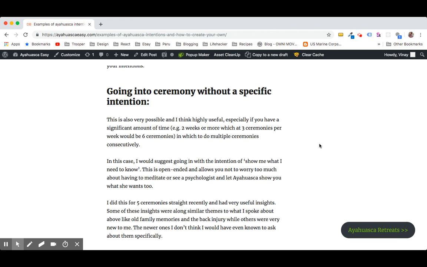So one of the things that has been useful for me, and I've done this in I think about 5 ceremonies, is just to have a really general intention of show me what I need to know. You can see that highlighted there. And the reason why I think this one's good is because, in my experience, you can very easily guide a ceremony with this intention,